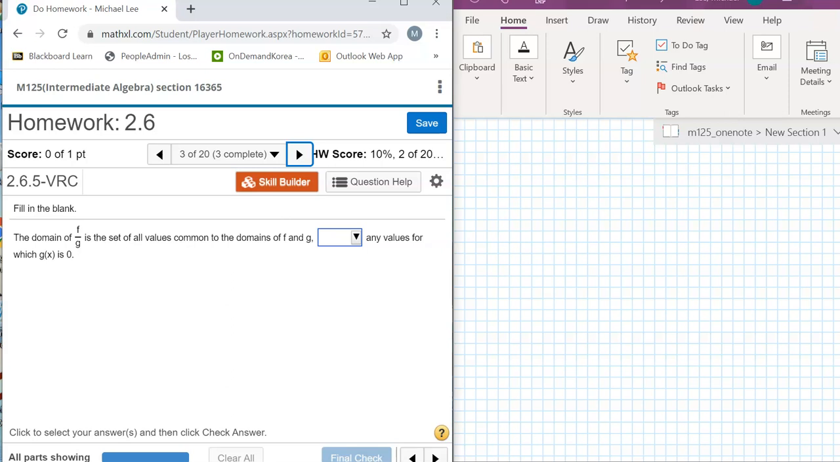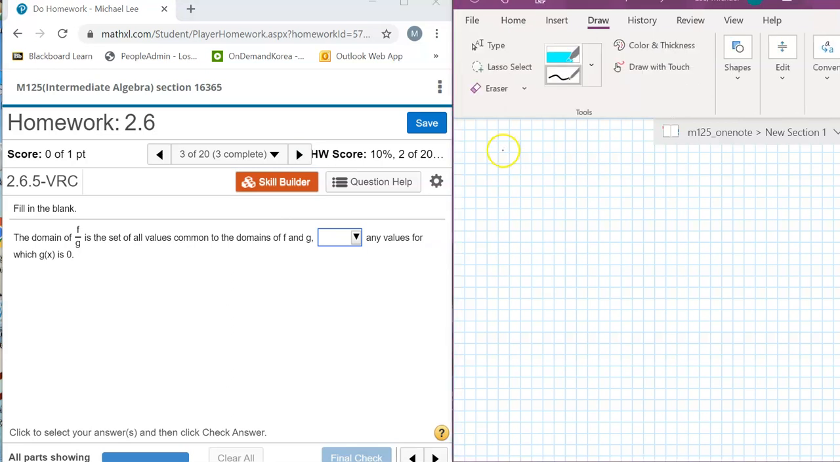is the domain of f over g, this number 3, is the set of all values common to the domain of f and g, excluding any values for which g of x is 0. Number 4,